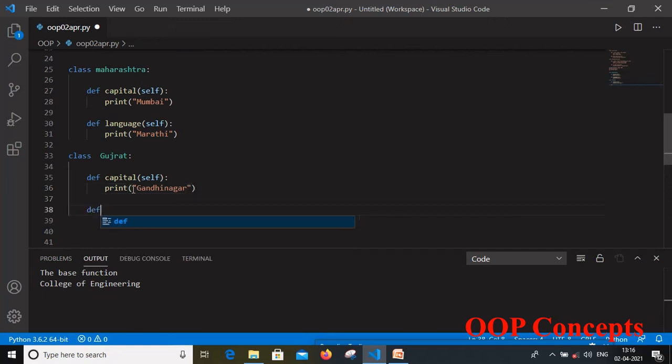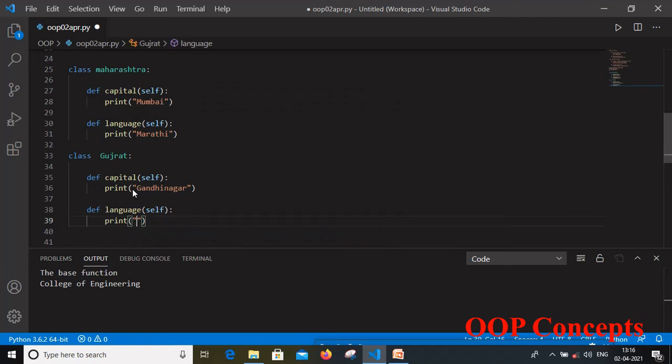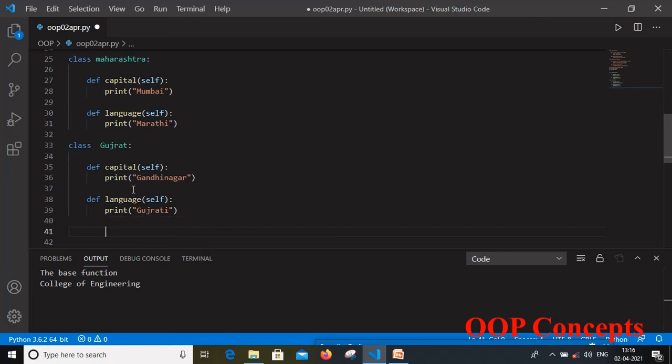And I use another method, that is language. The native language of Gujarat is Gujarati, so I write the statement Gujarati is the native language for the state Gujarat. So these two different classes, Maharashtra and Gujarat, consist of same-name methods, capital and language. I can access these members through the class object.